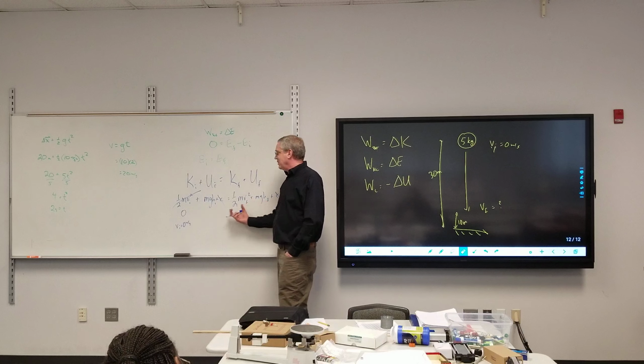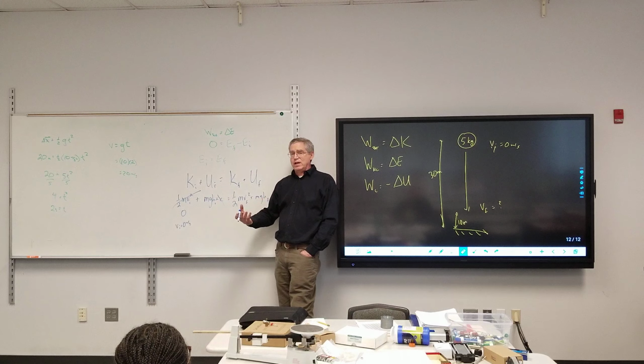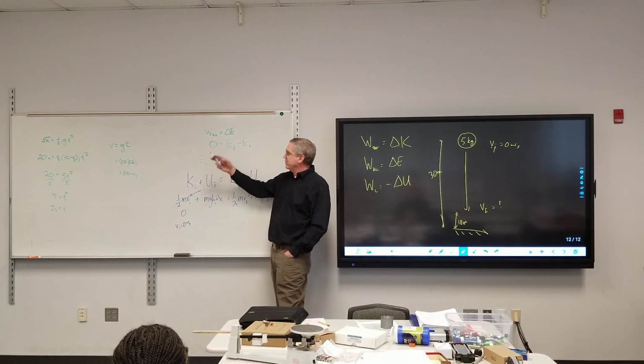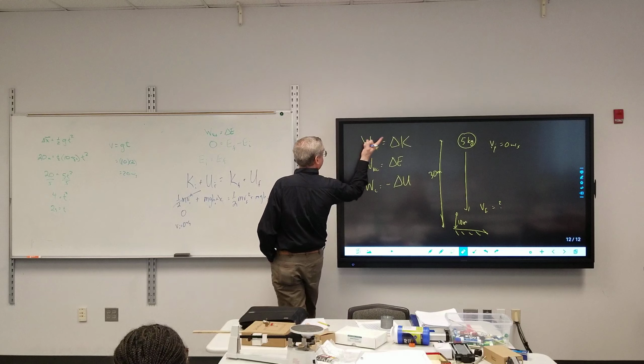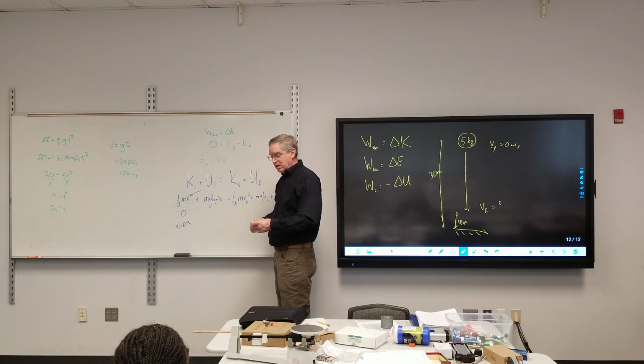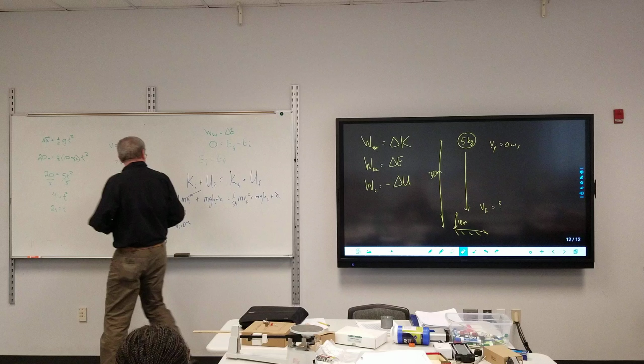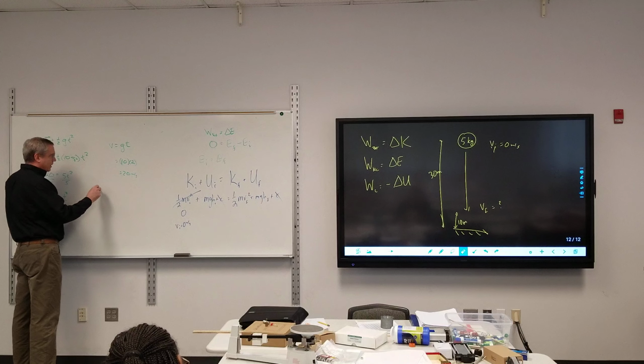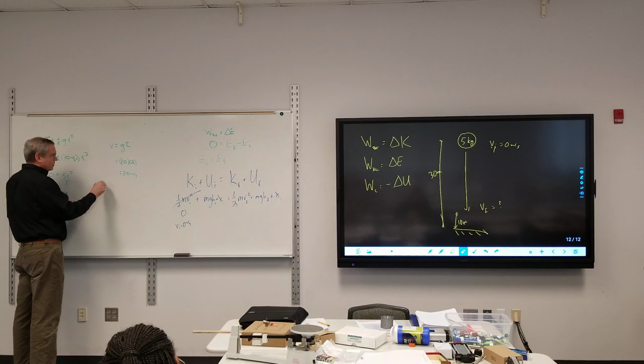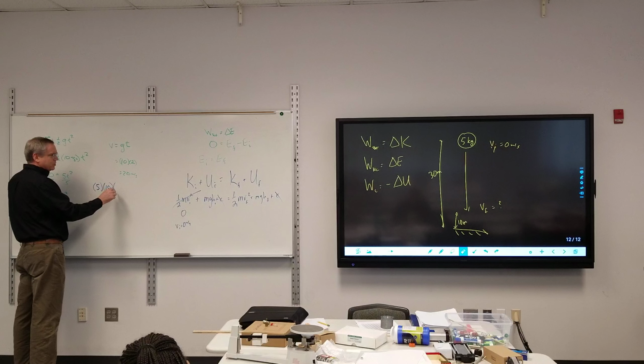Now, I do have mass in every single term. I could cancel it out, or I could just leave it there and plug the 5 in. Either way, we can plug the 5 in. So I've got 5 times 10 times my initial height of 30